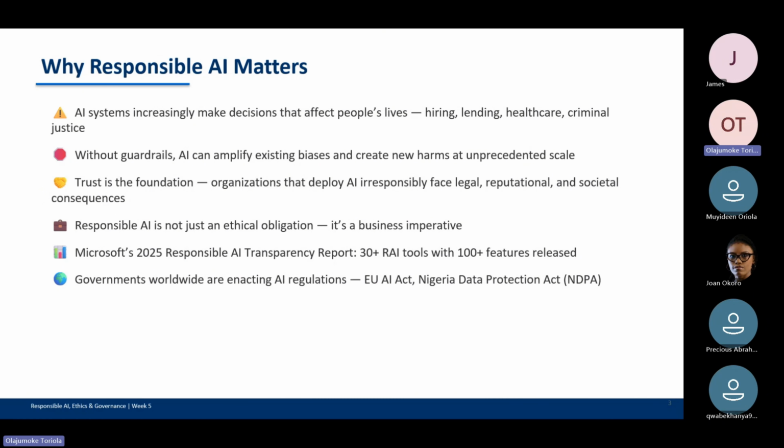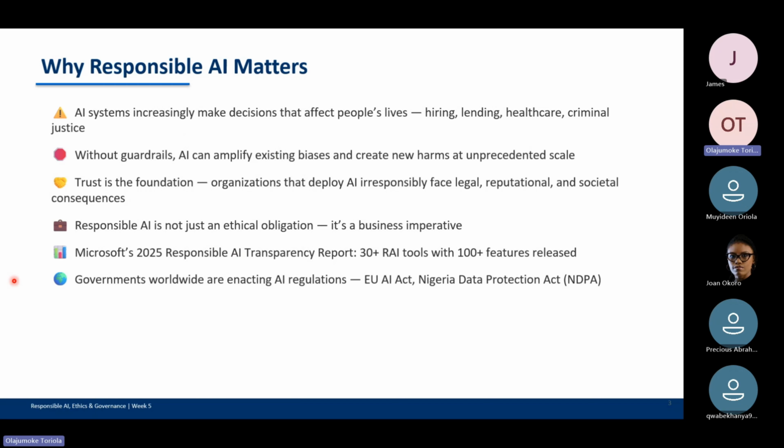Responsible AI today is not just an ethical obligation, it is a business imperative. It's all about risk management, business sustainability, and leadership responsibility. That is why Microsoft has come up with six responsible AI principles, which we're going to look at in a minute.